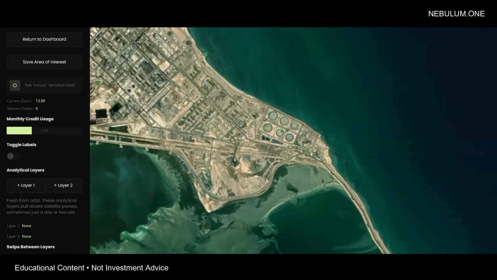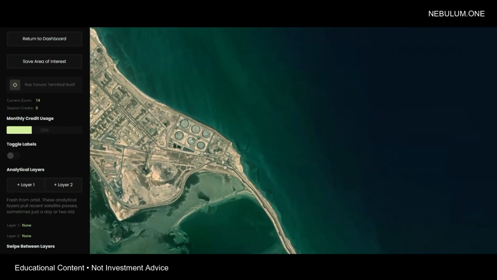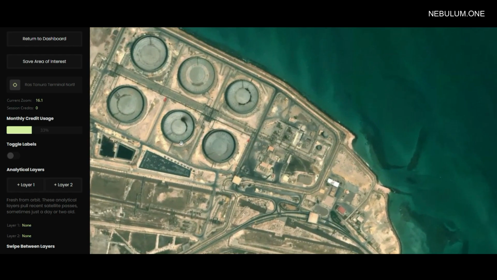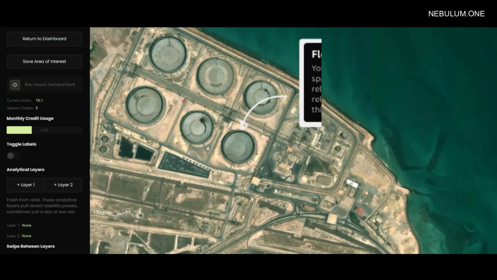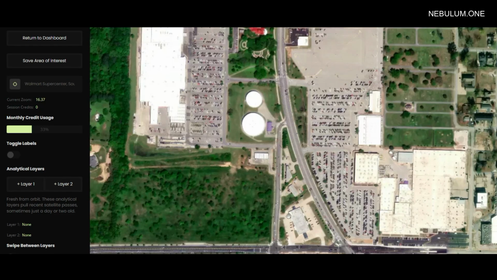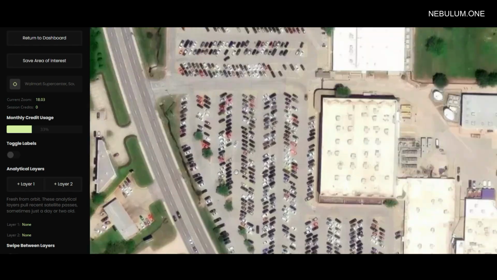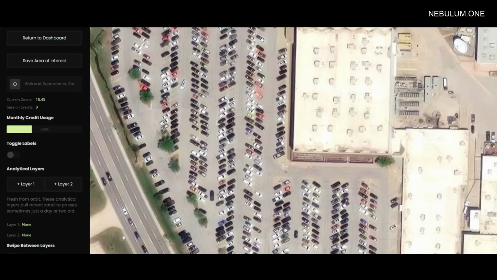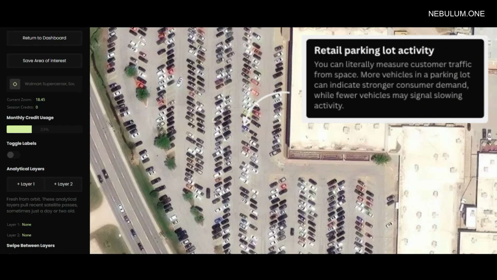Now, in the world of investing, the advantage tends to go to those with some type of edge. So today we're going to talk about how to use satellite data as that edge. Most people have heard about the parking lot example, essentially analysts counting cars at Walmart from satellite imagery as a proxy for foot traffic before earnings. Now, this is actually a pretty good example, but it barely scratches the surface of what we're able to do